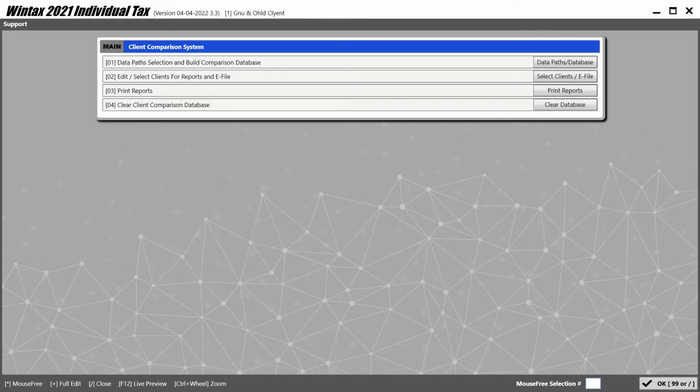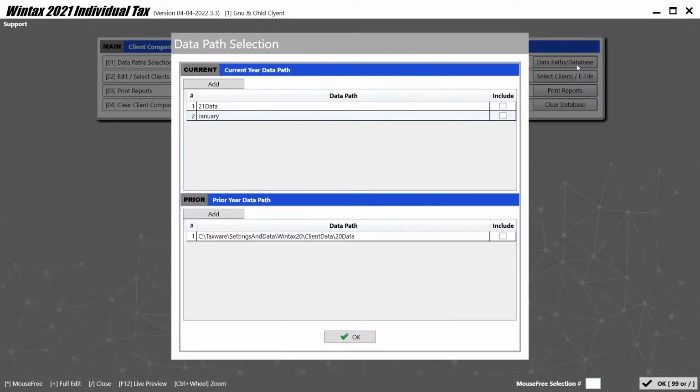The first thing you'll need to do is to build a database of clients that are going to be extended. To do this, push the Data Path/Database button. Then you will select the data path that you wish to use to create your database. In this case, I want to use the 21 data, which is the default, and the 20 data folder from